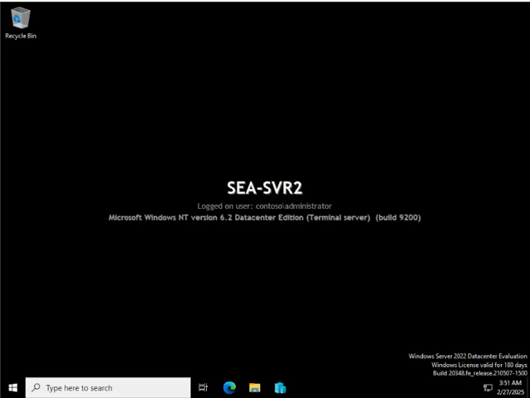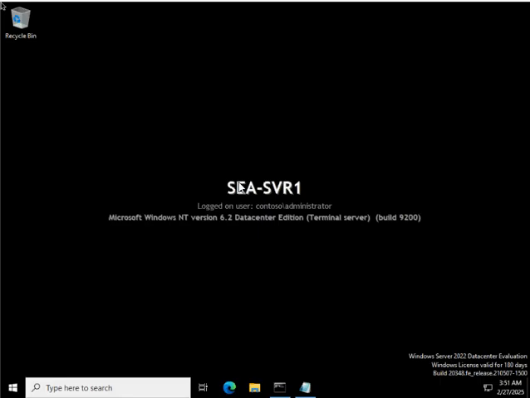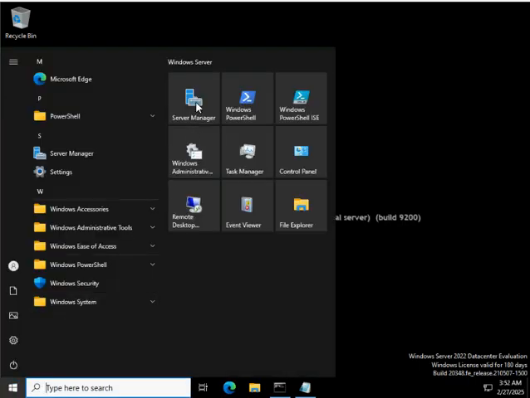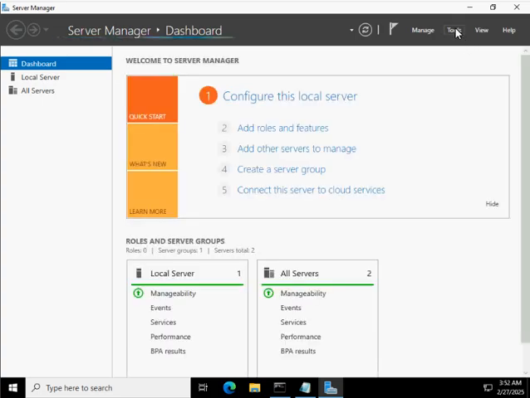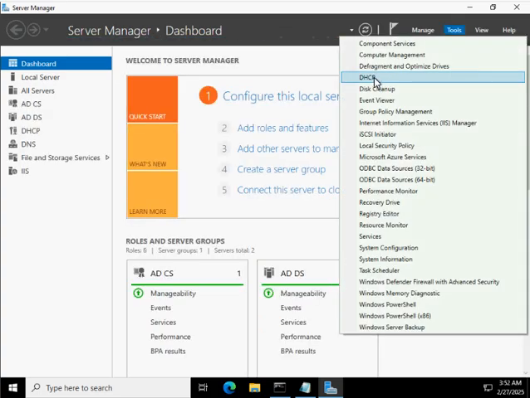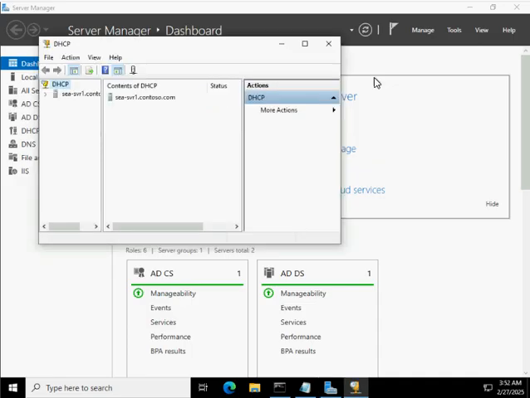We have two DHCP servers with us, Server 1 and Server 2. Currently Server 1 is, let's suppose, the old version of the server where my DHCP scopes and all the configuration have been set up, and we want to migrate these configurations to Server 2.